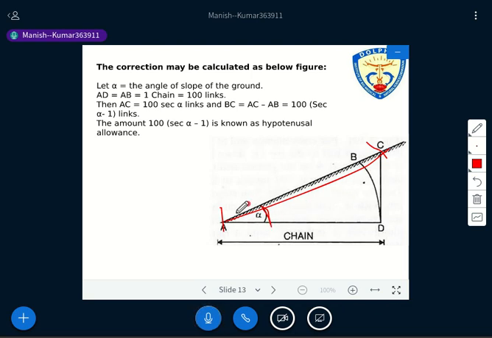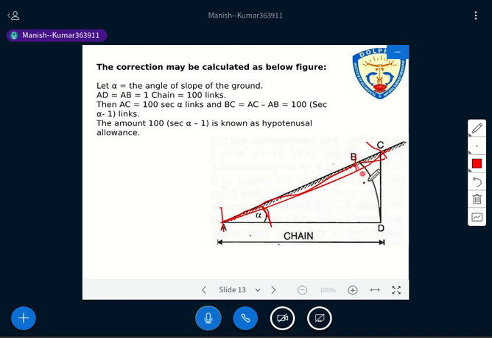Now we have one chain. We are placing the chain along this slope, and we have found that the length of AC is more than the chain length. It means the length of the chain will reach only AB, isn't it? It means we are unable to measure this part, B to C. But since we have selected 2 points A and C, how can we use the chain here? So hold one end of the chain at A, and the other end of the chain is at B.